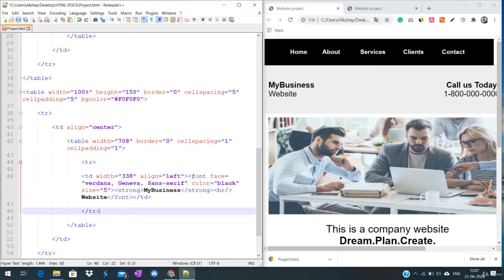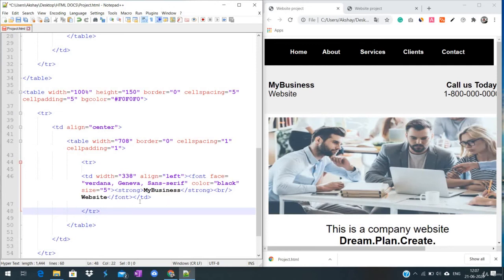We have attached a font attribute, so there's really nothing new going on. We have also added a strong tag around my business text, so it gives it that bold look, and created a break, and then the website text, and then we have the close of the column.